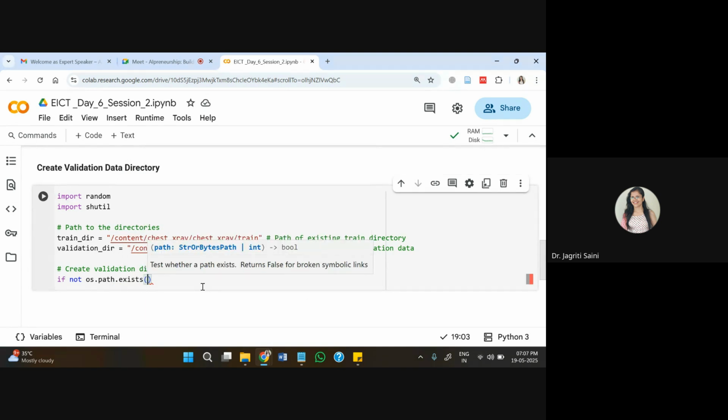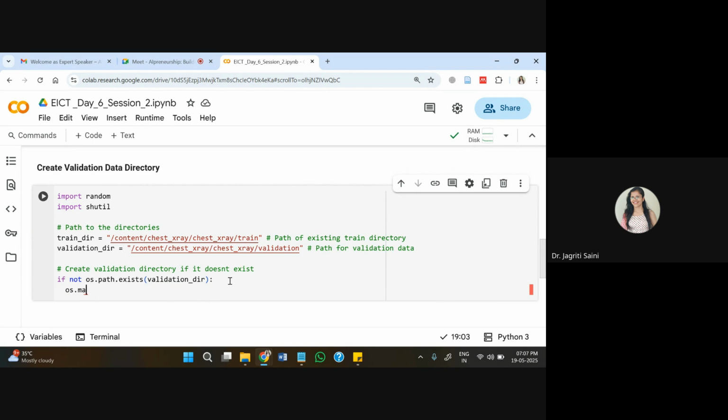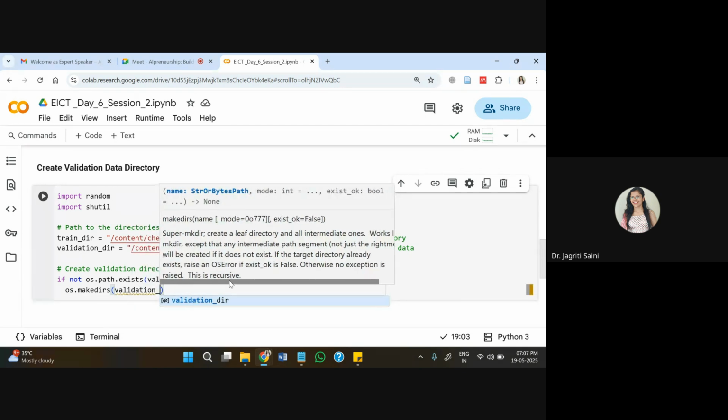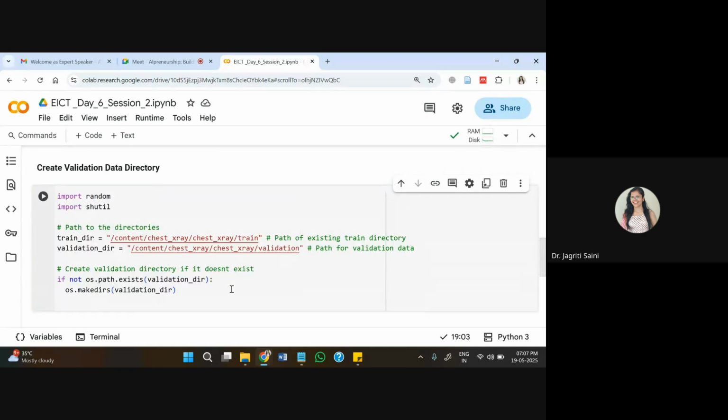In case if os path doesn't contain validation directory that I have mentioned here. In case if my path doesn't contain this particular directory, in that case, what I'll do is I'll write make directories here. And inside this, I'll pass validation directory.